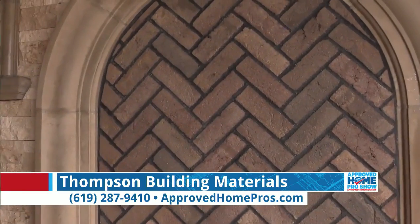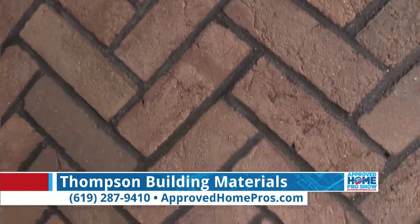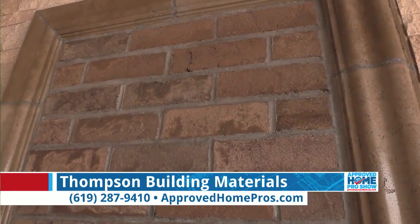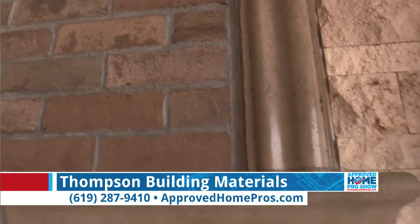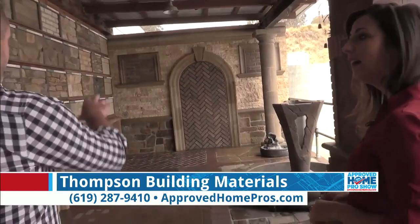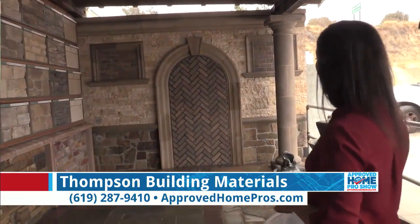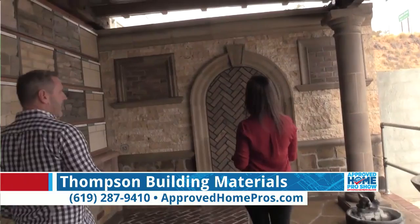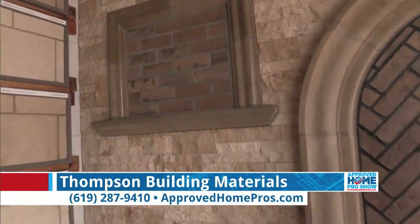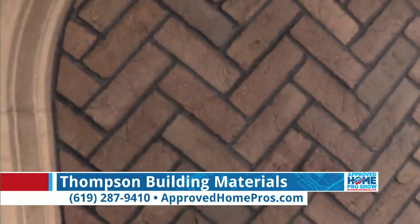Yeah, absolutely. You mentioned earlier that grout is a big deal too, because picking our materials is important, but the color of the grout, which we're going to point out on this back wall with the bricks here, makes a massive impact on what the material ends up looking like. Actually, 11% of what you see is mortar. That's the same material there in the door and in the window with a black mortar or with a gray mortar. So it really has an effect in bringing out different colors of the materials. So this brick and this brick are the exact same product. Exactly the same. And you can see how drastically different they look just by changing up the mortar in between. Absolutely. One more decision you have to